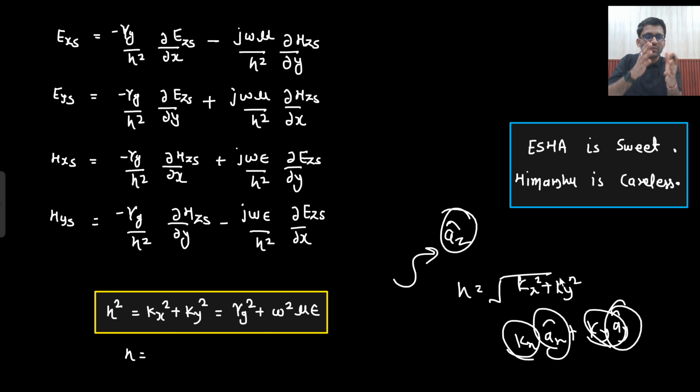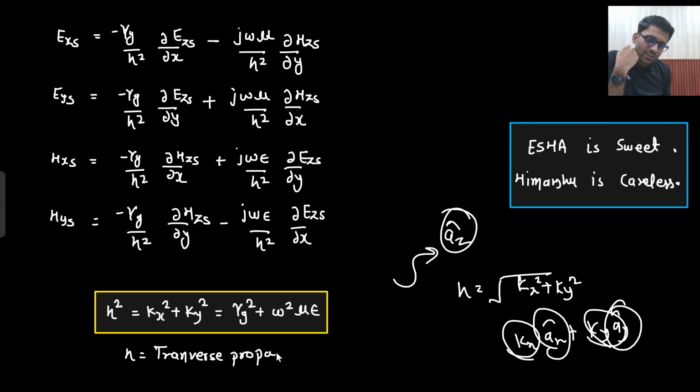And if you combine both of them, then what will you write down? The transverse propagation constant. Why transverse propagation constant? Because the direction of propagation is z, so x direction and y direction will be transverse to that. I hope you remember, we used to call it a transverse electromagnetic wave, because E, H and direction of propagation were perpendicular to each other. So similarly, h is known as the transverse propagation